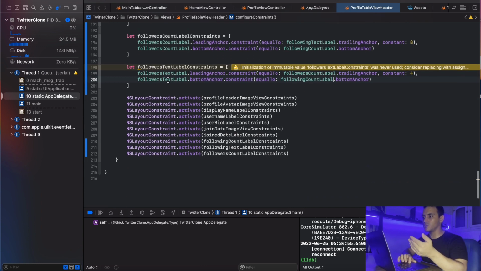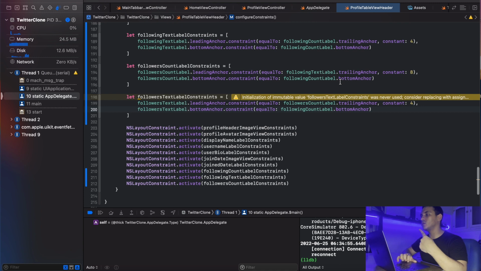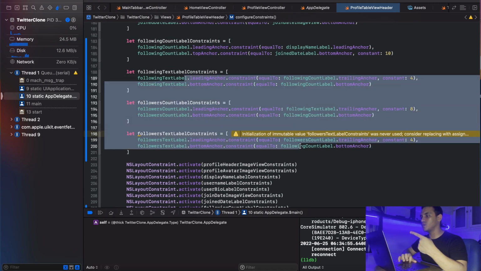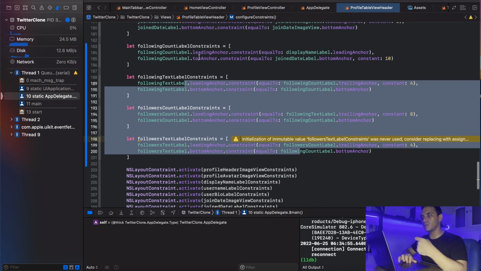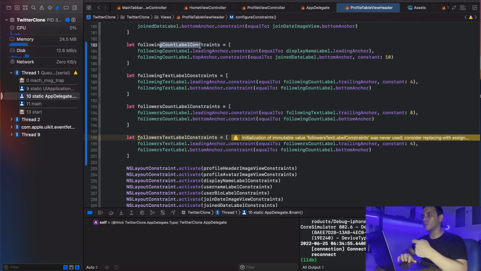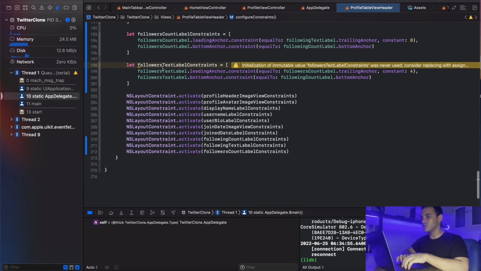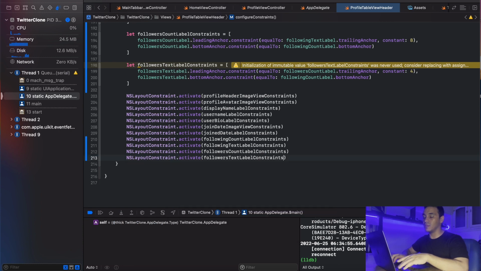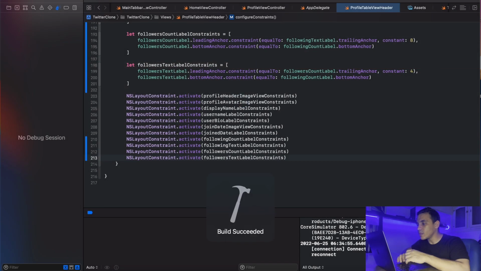So basically followers text label bottom anchor constrained with the following label dot bottom anchor, and all 3 of those is basically going to be set to, I believe, the bottom anchor of the following count label over there. So let me just copy that and NSLayout activate, and paste that in over here,